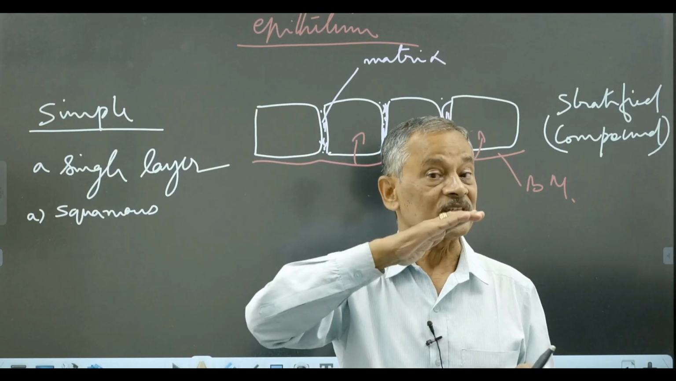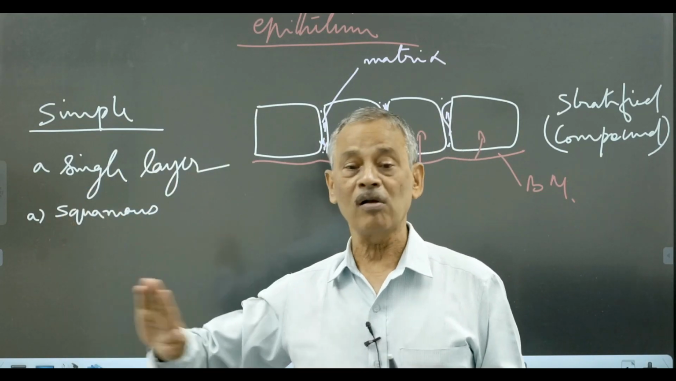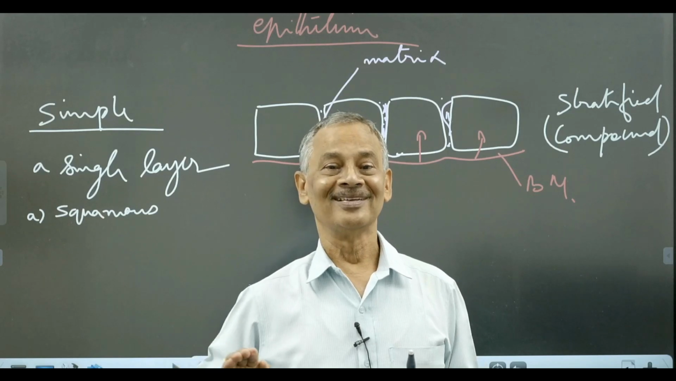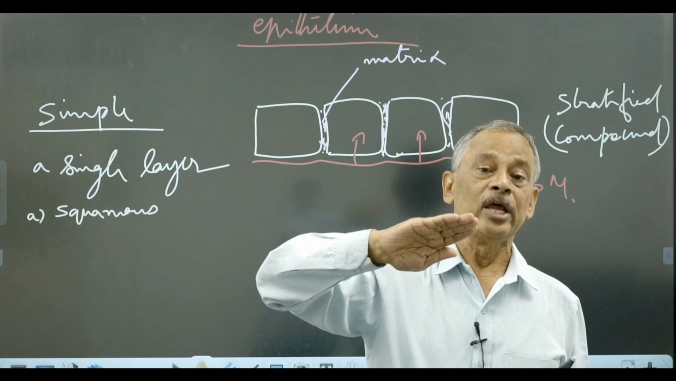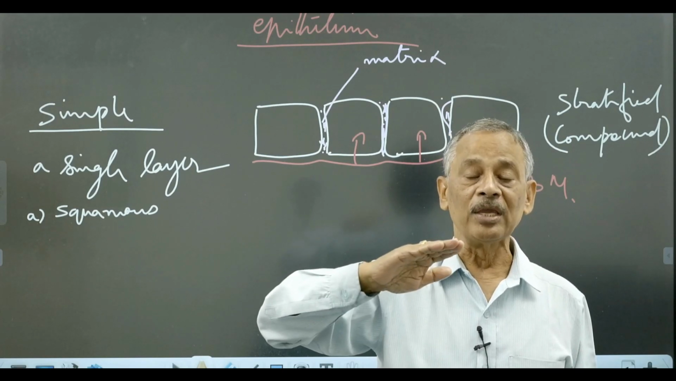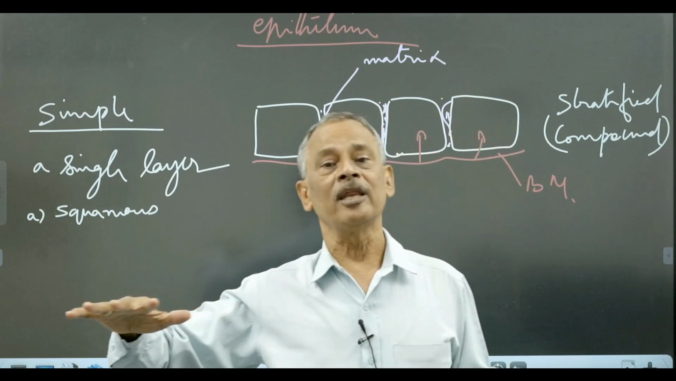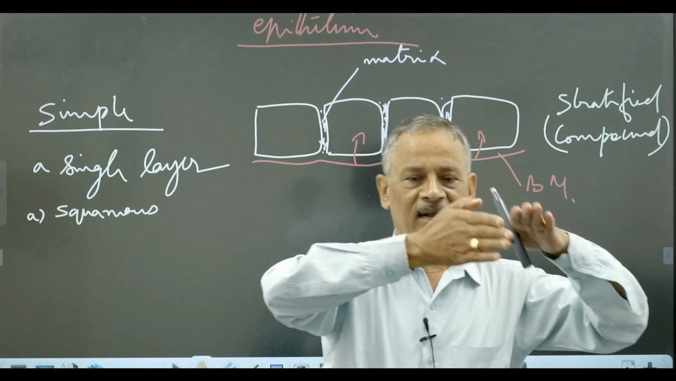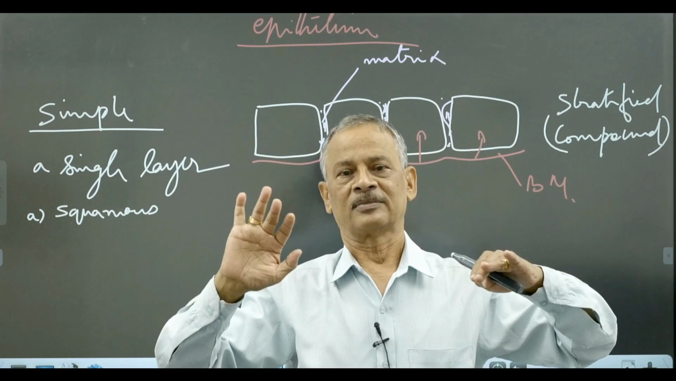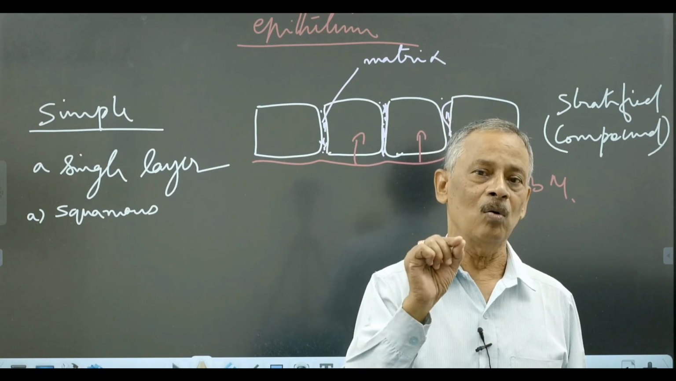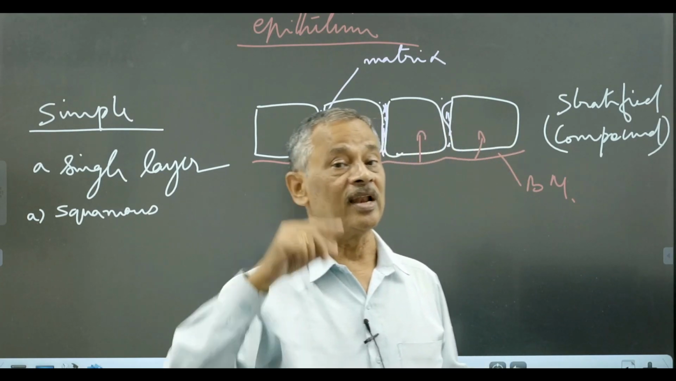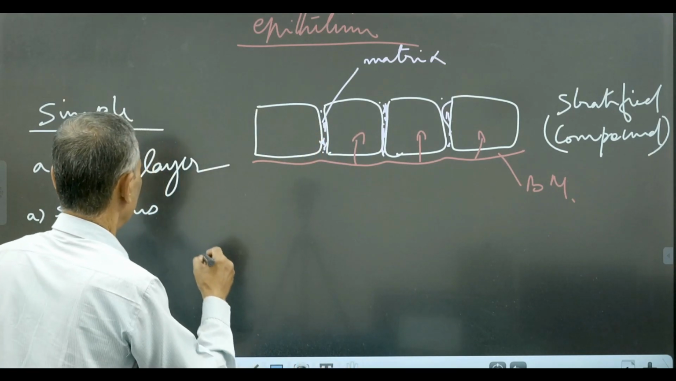See, we use tiles to cover our walls, to cover our floor. Just like that, these thin, flat structures are used for making a pavement epithelium, a covering layer. And since they are all very thin, they will allow exchange of materials through them. These cells are